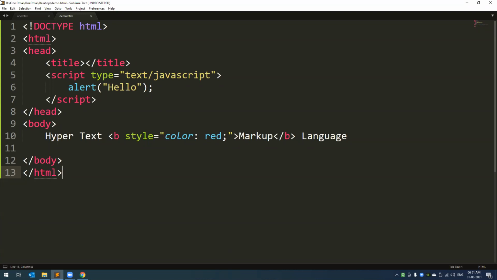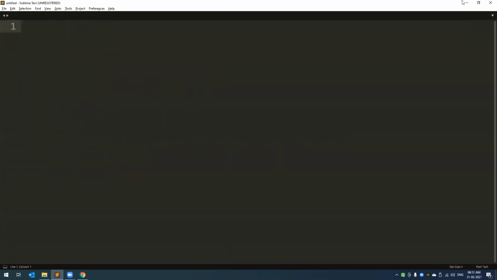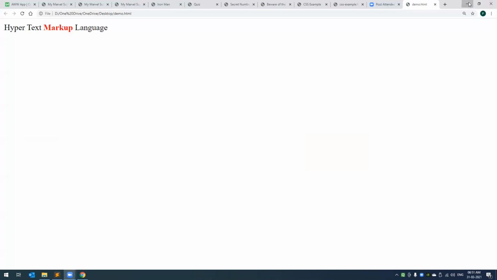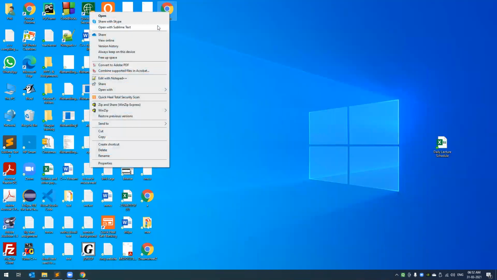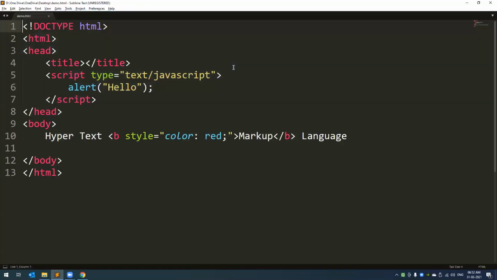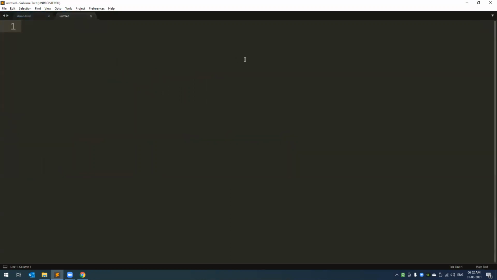Of course, of course. This is a text editor. It is like Notepad or Word. You can open as many files as you want. If I close this file also, nothing happens. My file is still here. See, it is still there on my desktop over here. I can just right click and open with Sublime Text. That's it. It's like a normal software, and you can create as many files as you want. Okay, thank you.